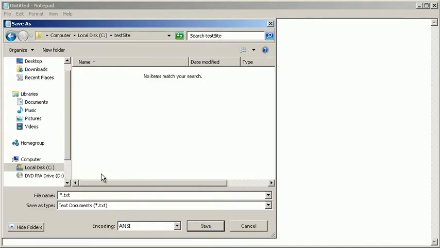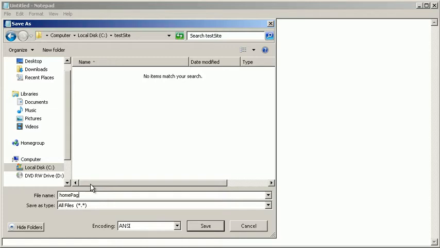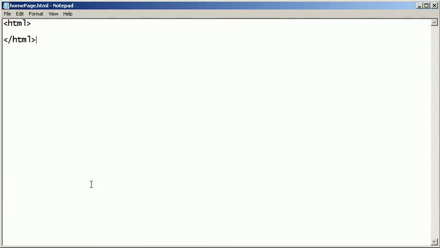We're dealing with web development. And I'm going to name this file. I don't want to use text, I'm just going to use all files. And I'm going to name this homepage.html. And again, no spaces in our file names. If you need a space between them and you don't like the syntax I'm using here, use an underscore or a hyphen. Get away from using spaces immediately. That's the first thing we want to do. So now inside my C drive, I have a test site folder with a homepage.html file inside of it,